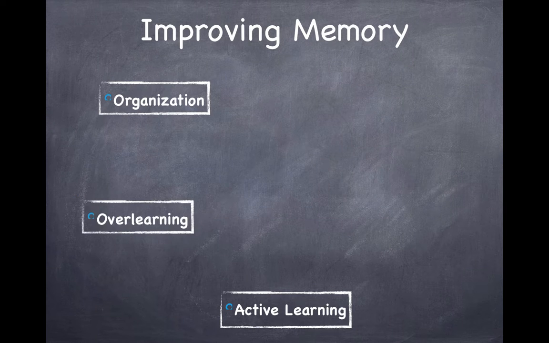You can also use what's called overlearning. To some degree, this is practicing and studying material beyond the point where you can just repeat it once without error. Sometimes we practice and rehearse until we can repeat the material sequentially in order correctly once. But overlearning is to be able to do it more than once. People remember material better and longer if they overlearn it.